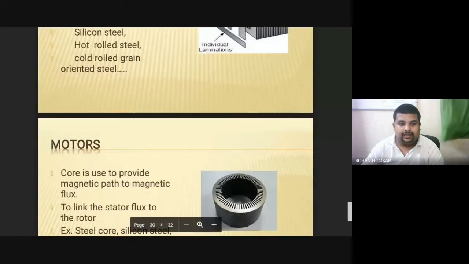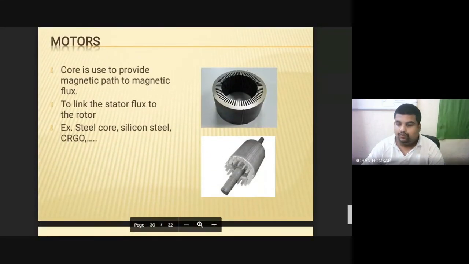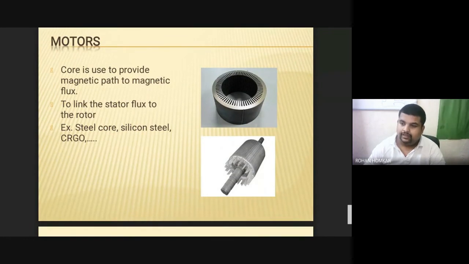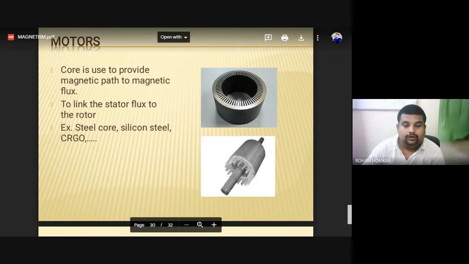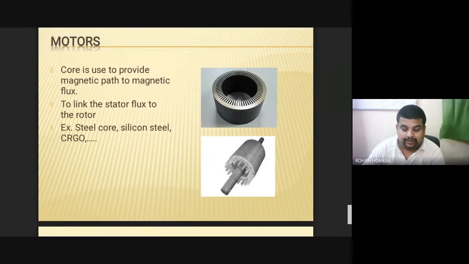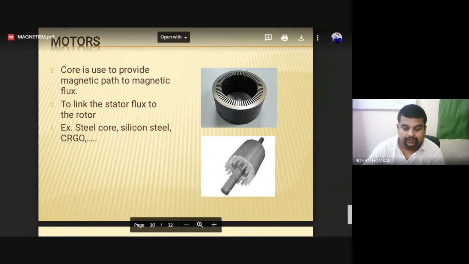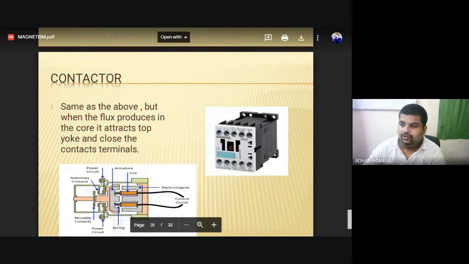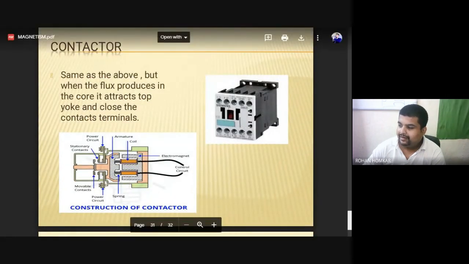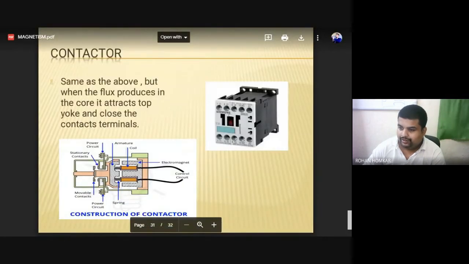Okay, then we have motors. Again, the motor core is basically made up of steel, magnetic silicon steel, which is one of the most widely used materials for the electrical industries. Moving ahead with the contactor, again using a magnetic material as a solenoid inside it.